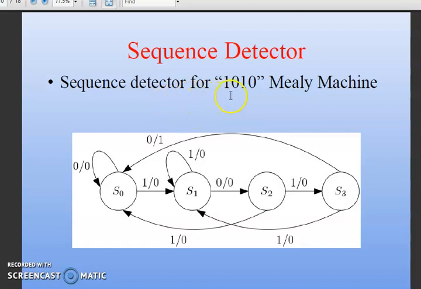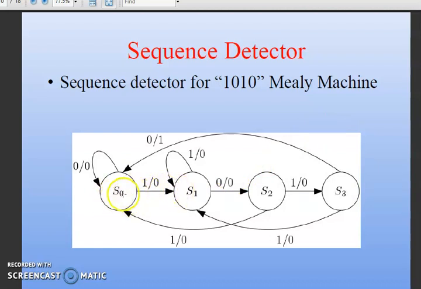This is a sequence detector which is detecting the 1010 sequence, and we are trying to create a Mealy machine. We know very well that in these kinds of sequence detectors there is one input on which the serial data is coming in, and one output which will create a pulse when such a sequence is detected. The state diagram indicates that we have considered a 1010 non-overlapping sequence, and as a result